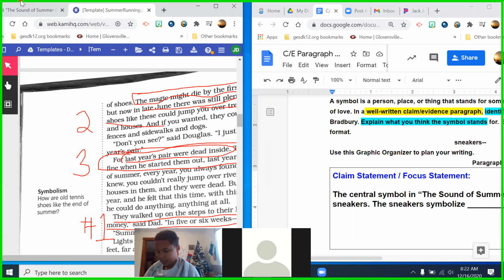If I'm in the room, you can ask me. Okay, so anybody have any questions? This needs to be done today because tomorrow you write the paragraph. I'm just going to look for evidence for the one first and then analyze it and then go to this. Yeah, there's a couple of ways to go about that. Like I tend to like to find all my evidence first and put them on the graphic organizer. But I think sometimes with kids, if you find your one piece of evidence, analyze it, you're done with that. So find your second piece of evidence, analyze it, you're done with that. But all the boxes need to be filled in today.